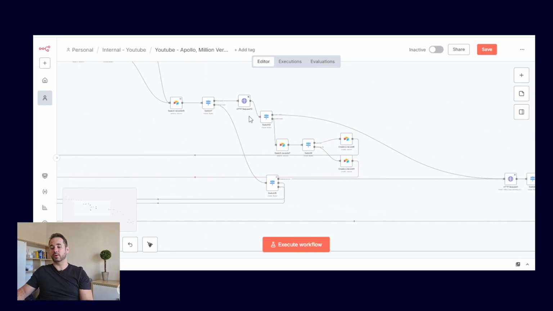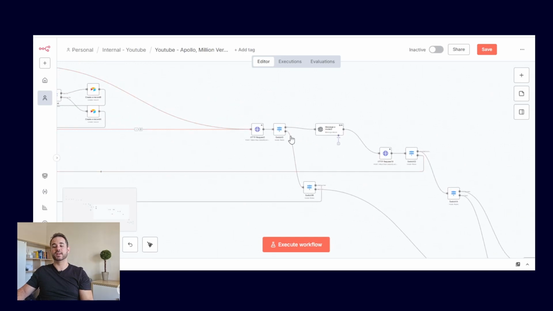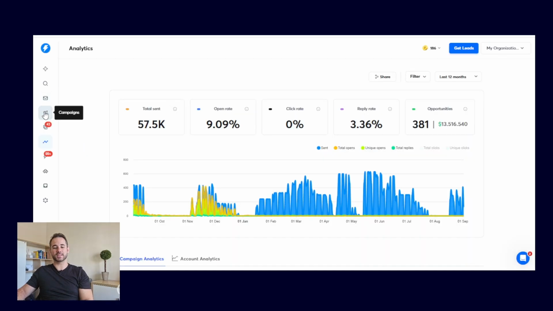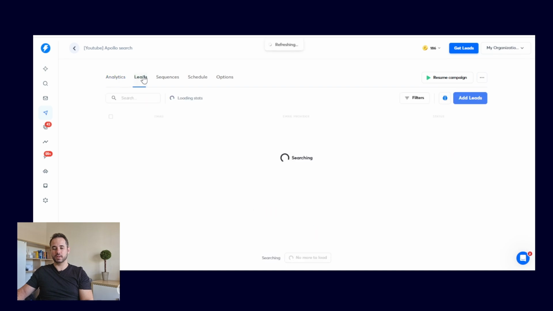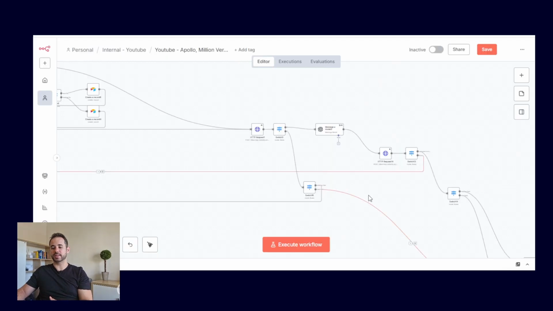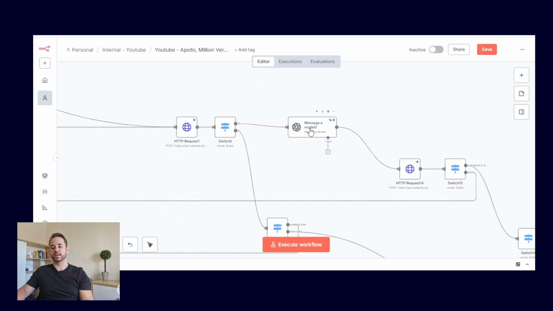But on the other hand, if it's a valid email, what we're going to do is see whether or not this lead is already on an Instantly campaign. So you guys can see that I have created this test campaign here. We have no leads right now. So you guys can see this campaign being updated with new leads. So if this lead is not on this campaign already, then we will start creating AI